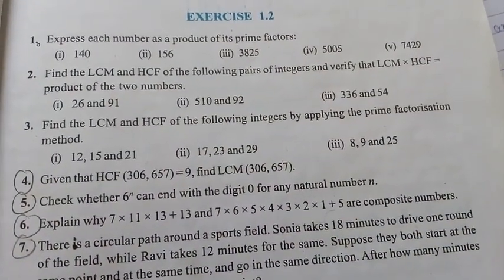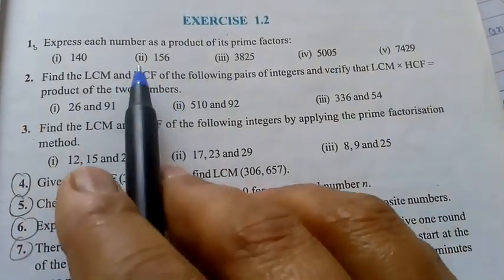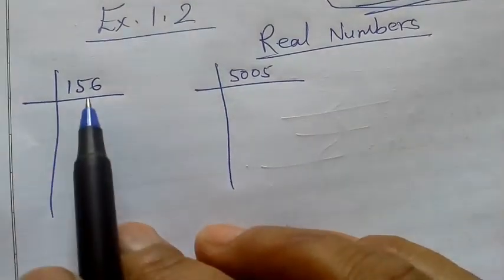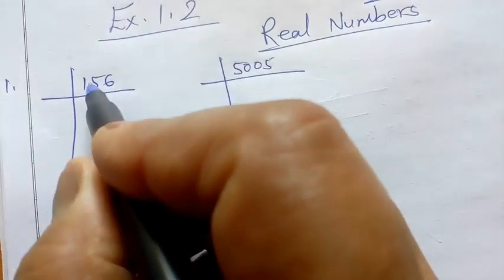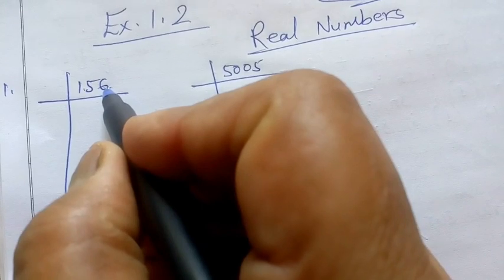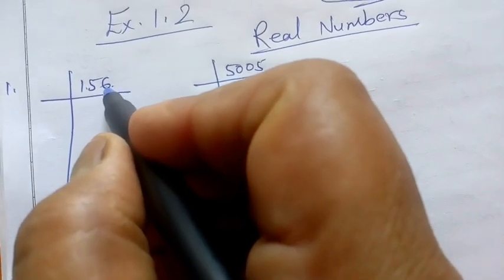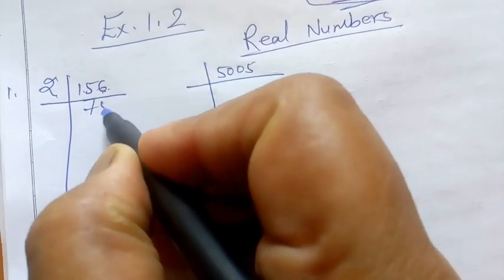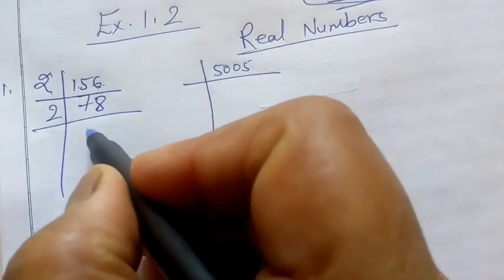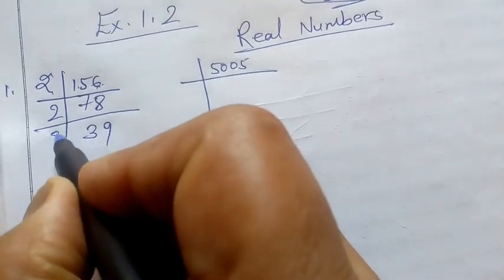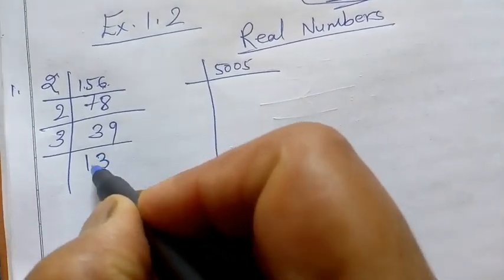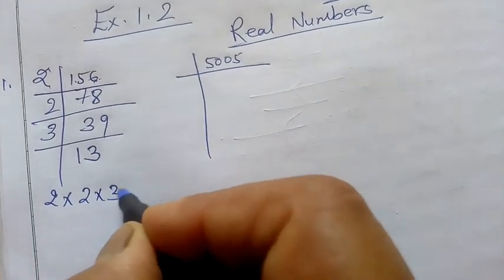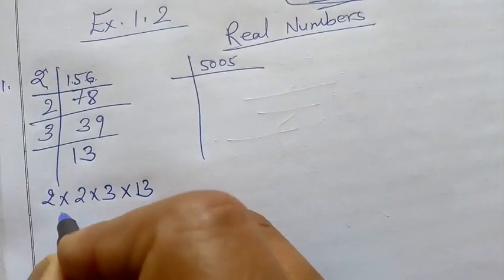See the first question of 2, which one I am doing, 156 and 5005. These two I am solving. 156, this must be divisible by 2. The last digit is 6, it means it is divisible by 2. 2 7 is 14, 2 8 is 16. Next 39. 39 is divisible by 3, 13. The prime factors are 2 into 2 into 3 into 13. This is the prime factorization of